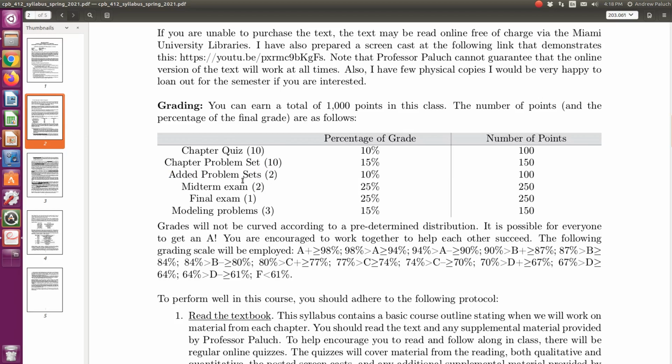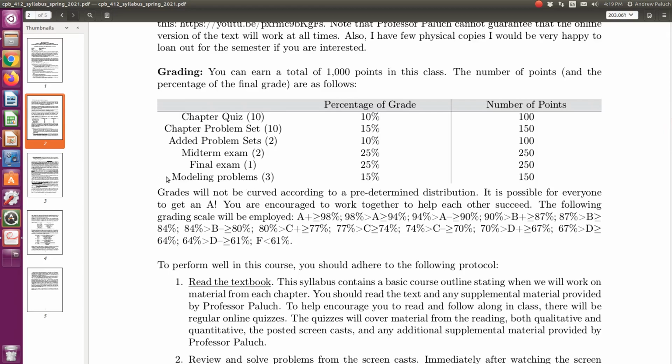Okay, so I have 2 midterm exams, which will be completely online, mostly concepts. 2, what I've listed as edited problem sets. You could think of them as taking the quantitative part of the exam out, and you taking it as a take-home exam, where you can have more time than just that hour window to sit down and take the exam. Right, and so they'll be a little longer, a little more involved, but then the goal is not to have any quantitative questions on the exams. Okay, then there is a final exam, which likewise will be conceptual, and we'll talk more about that when it comes. And then we'll have 3 modeling problems.